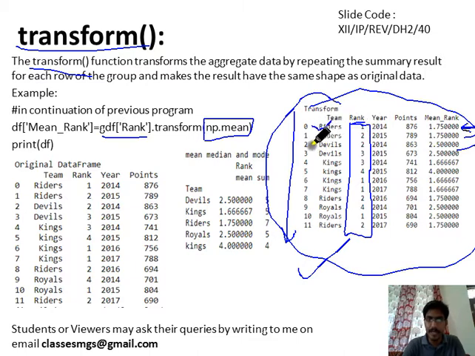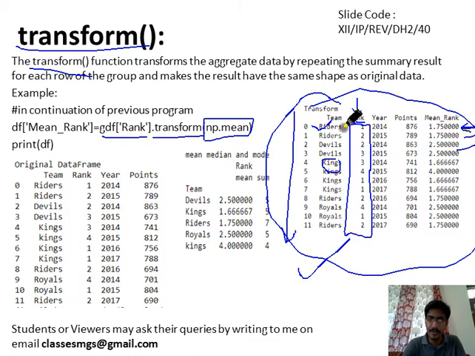In front of the riders group, we want to display the mean of the rank of the riders group. In front of devils, we want to display the mean of the devils group. We want to display the mean of the kings group in front of the kings group rows of the rank column. For that purpose we may use this transform function.